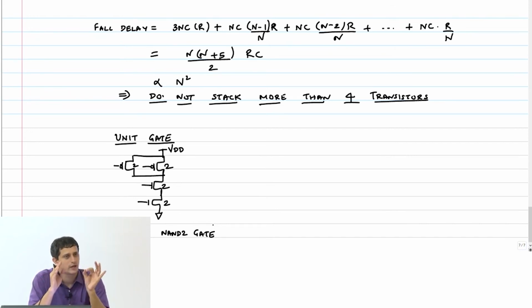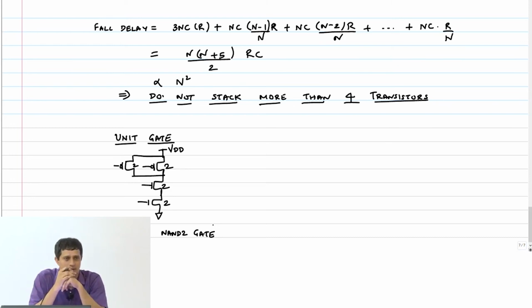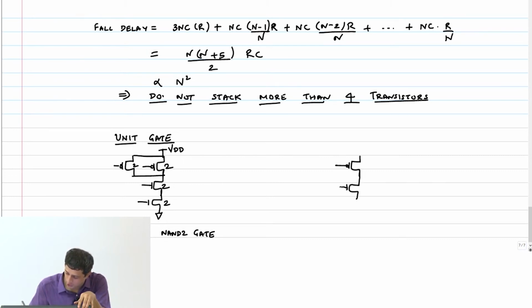There is only so much current that it can deliver, and therefore it cannot be used, for example, to charge a very large load capacitance. Therefore, we need to do something known as gate upsizing. We will upsize a gate by a factor of k. So what does that mean? I will simply say that I increase the size of every transistor on this logic gate by a factor of